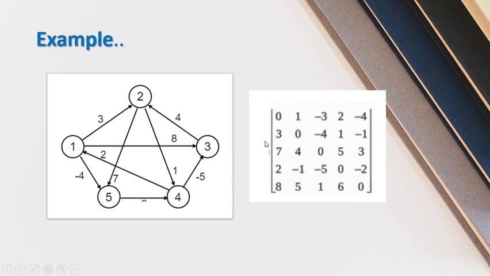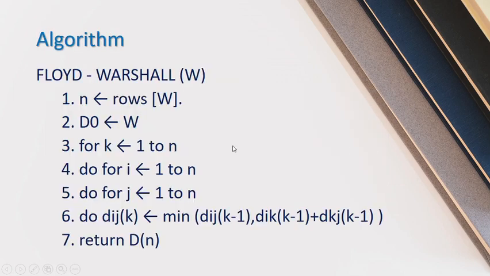Next, we want to find out the distance from 1 to 2, and it will be noted in this matrix. So what's the distance between 1 and 2? The value is 3, and it is put in the corresponding matrix place. Like this, we need to fill the distance matrix. Okay, so here is the algorithm of Floyd-Warshall. Just look at that.